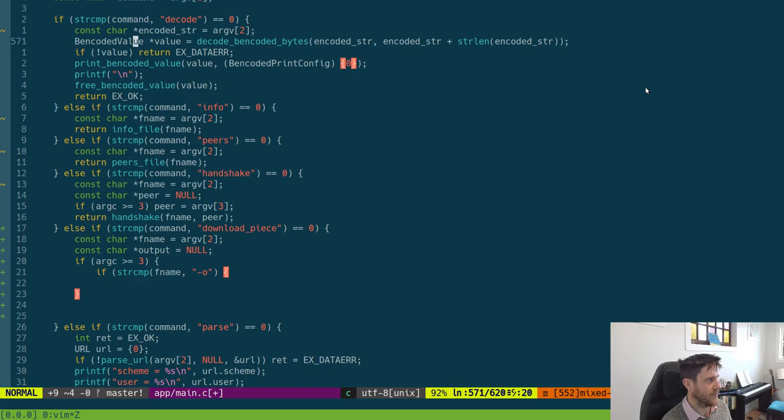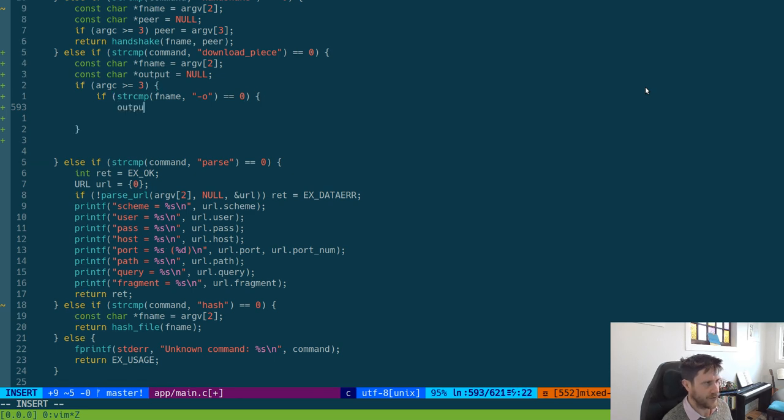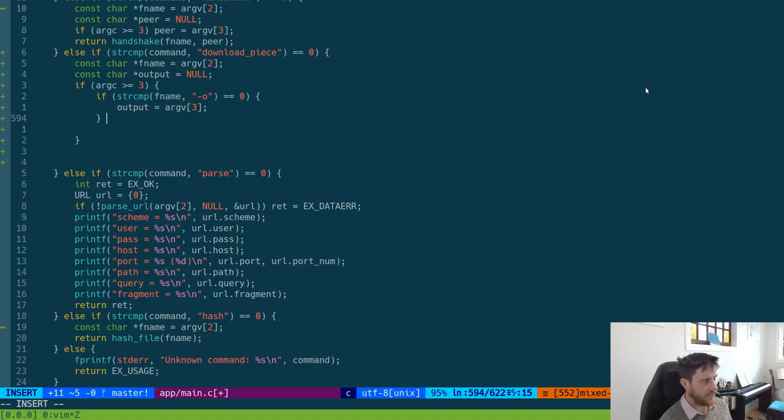Yeah, I just copy pasted, but everywhere else I've got it like that, and down here as well. Cool. So if this equals 0, that means that our output can actually be argv3, which we've tested is a thing there. And if it isn't,